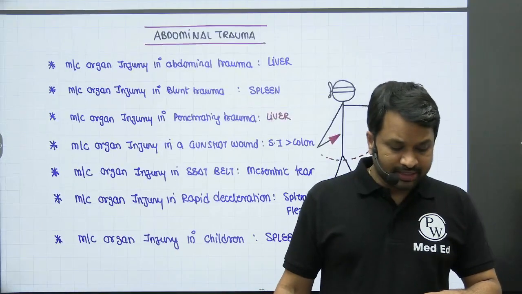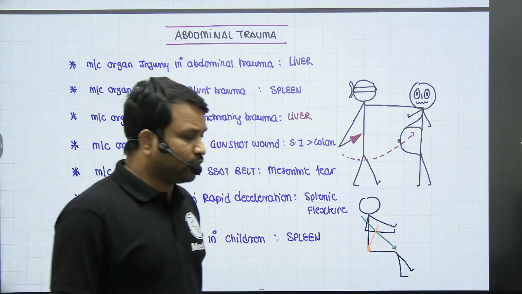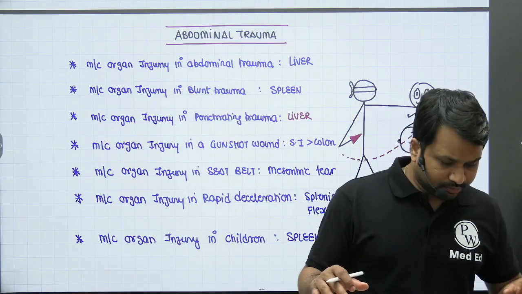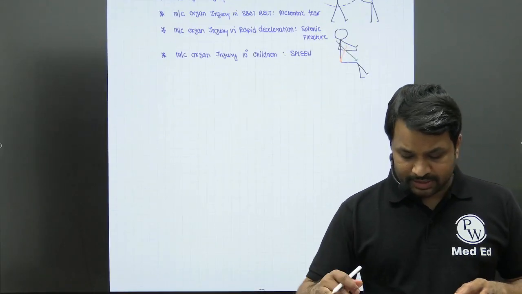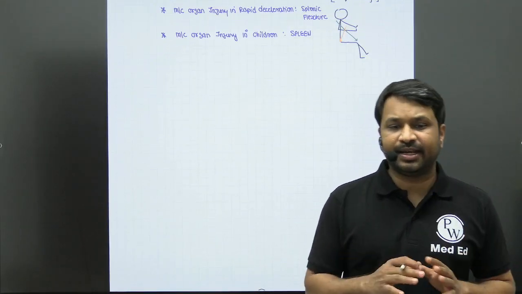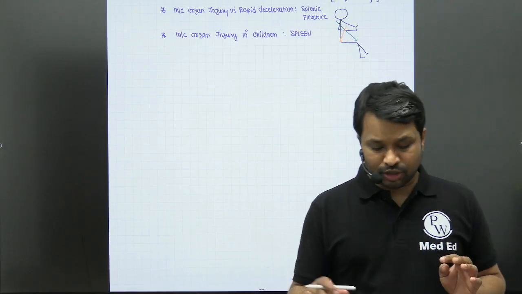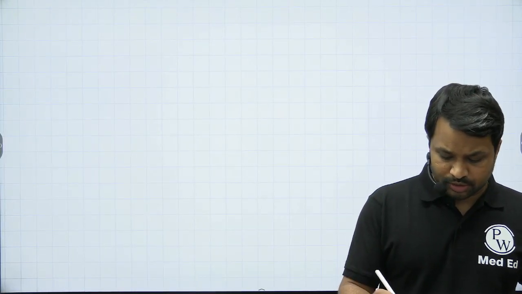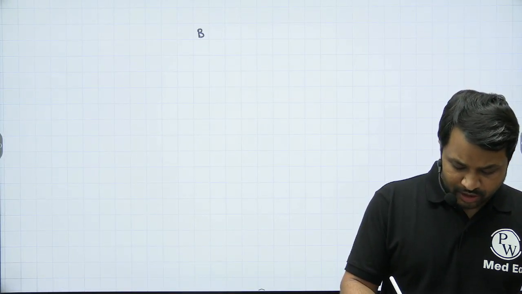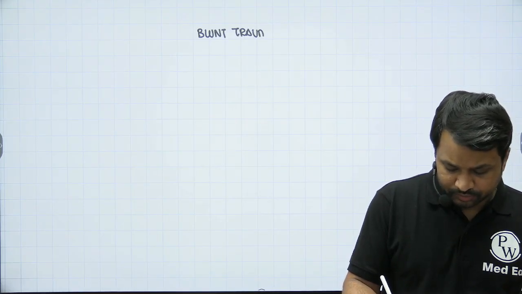So these are the various important points when it comes to abdominal traumas. Now, any patient who lands up with abdominal trauma, I can segregate into two categories: the blunt trauma abdomen and the penetrating trauma abdomen. So let's talk about the general protocols in abdominal injuries. Imagine you have a patient with blunt trauma abdomen.